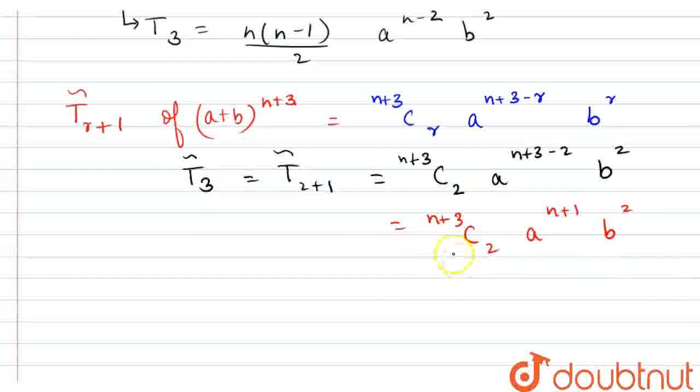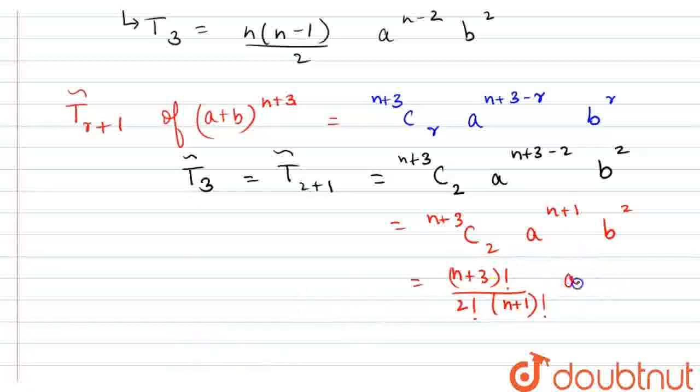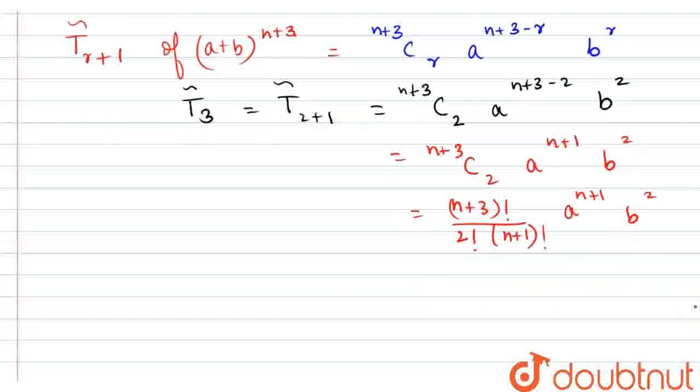Now n plus 3 C 2 we can write as n plus 3 factorial divided by 2 factorial into n plus 3 minus 2, that is n plus 1 factorial, and this into a^(n+1) b^2. So here we can open this factorial form, we can write n plus 3 into n plus 2